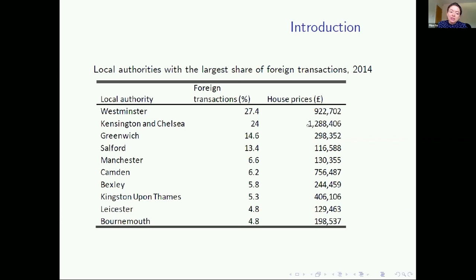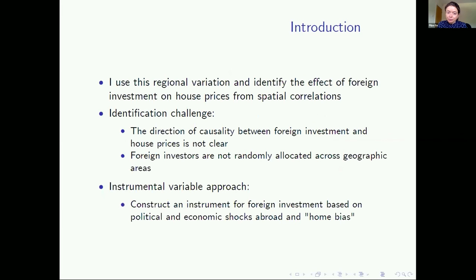So, the highest house prices were in Kensington and Chelsea in 2014. That's still the case today. So over £1 million. Westminster also very high, and then, much lower in other local authorities. But the point of this table is to show you that there is a lot of regional variation that we can use. So I will be using this regional variation to identify the effect of foreign investment on house prices